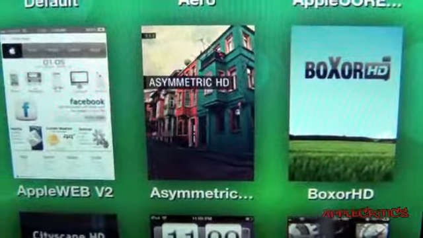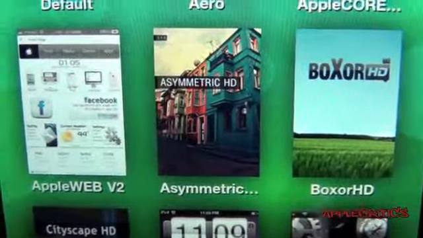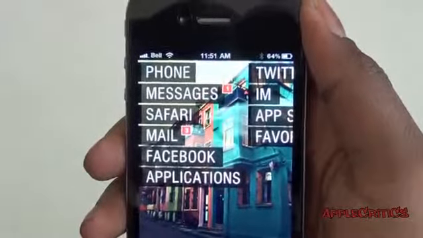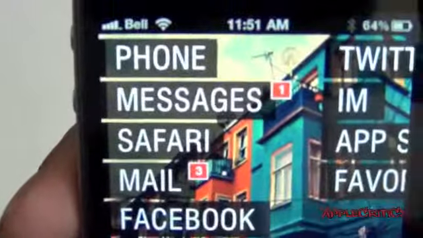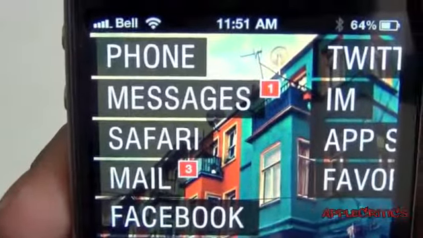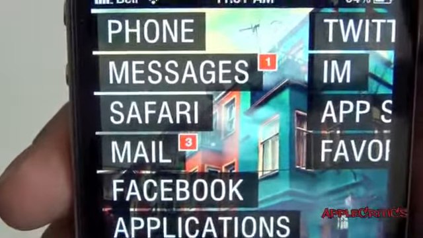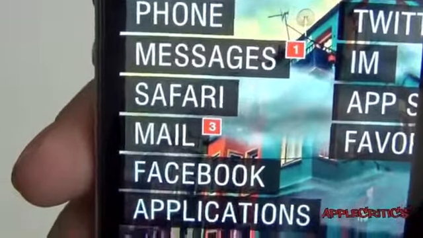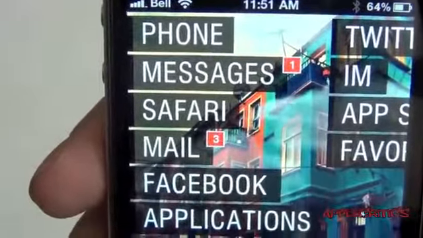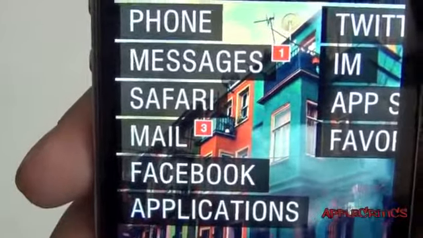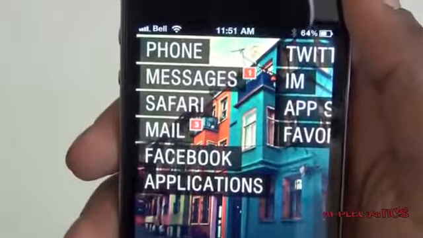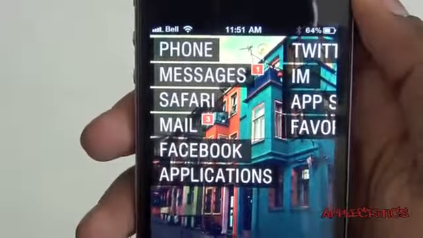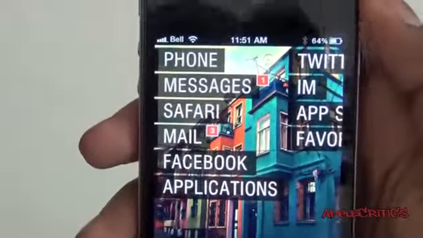At number 10 is a Dreamboard theme called Asymmetric HD. Once you open up Asymmetric HD, you will find that this Dreamboard theme is very unique. This Dreamboard theme isn't similar to any other Dreamboard themes simply because instead of using app icons or anything of that nature, what Asymmetric HD does is it just uses text and it just implements it in the easiest way, and it's very simple. Now also, to get to the next page, what you do is just simply scroll to the left,